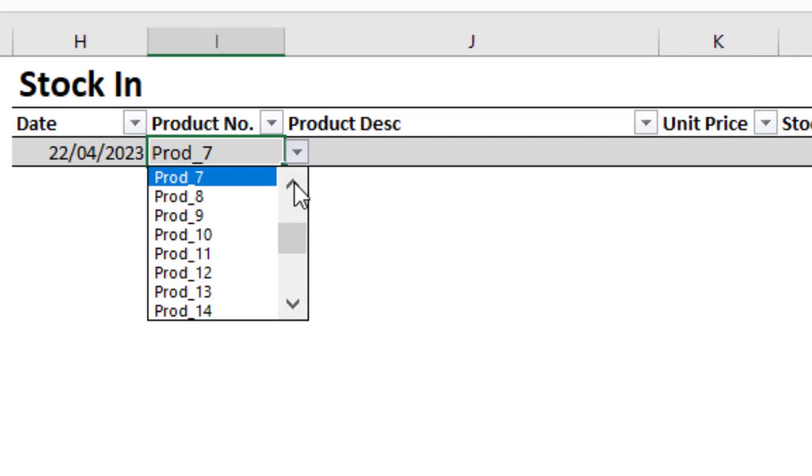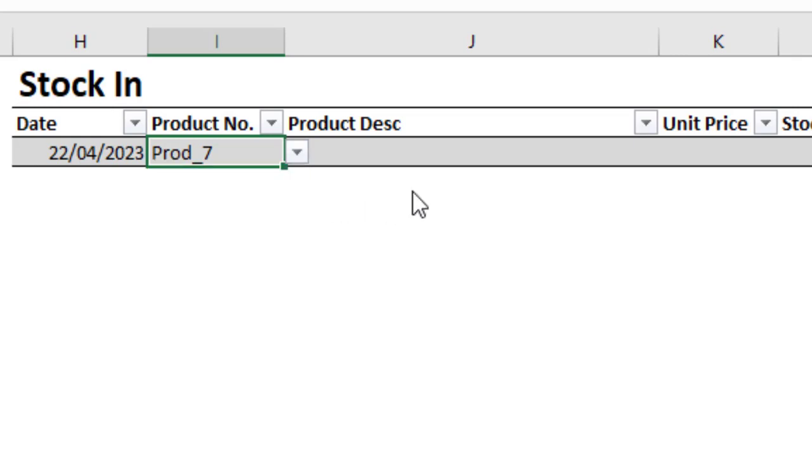That is to say, before you bring in any product number in the stocking, you must first add it to your opening stock. So it will be registered there. You can't just pick up any product number and put it in the stock in. It will not go into it because we have validated what is there. However, you can add to the product number from the opening stock,